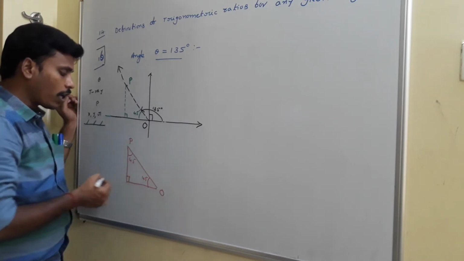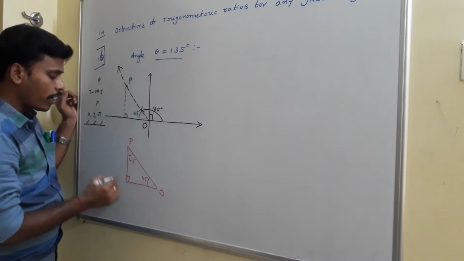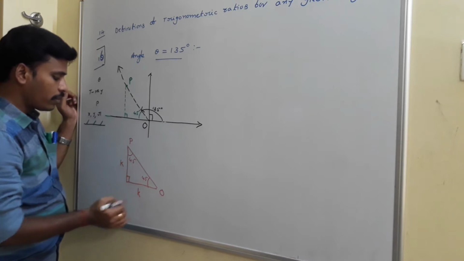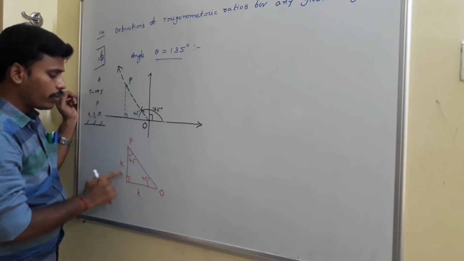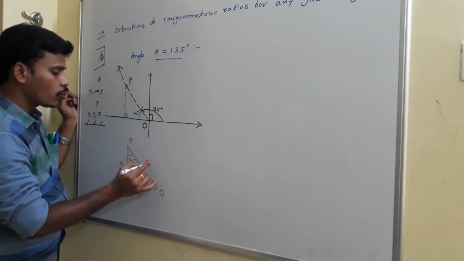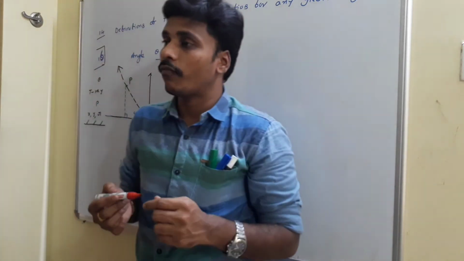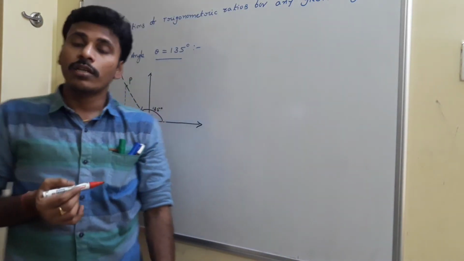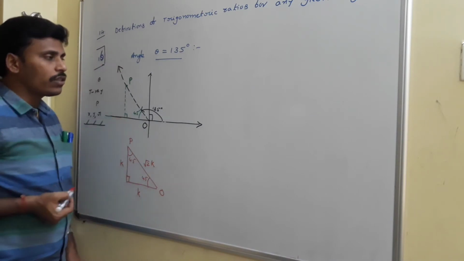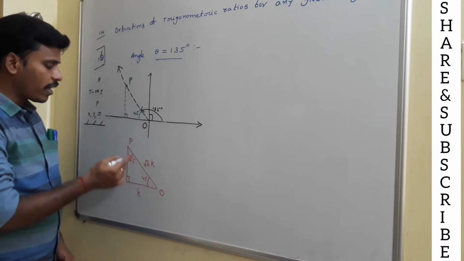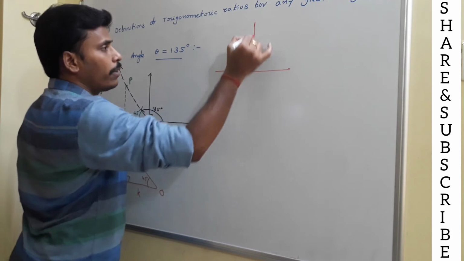Again, for 45, 45 and 90, we know the sides ratio. See, the sides ratio is 1:1:root 2. If these are K and K, opposite to the equal angles, then by the Pythagorean result, you get the hypotenuse as root 2 K. So, if the angles are 45, 45 and 90, then the sides ratio is K, K and root 2K. Without knowing this sides ratio, you can't move on, okay? And after identifying K, K and root 2K, the next diagram will be like this.